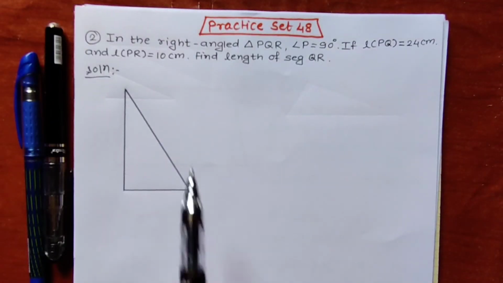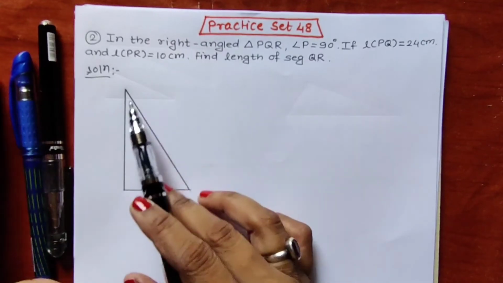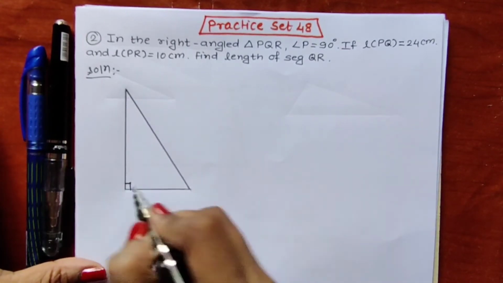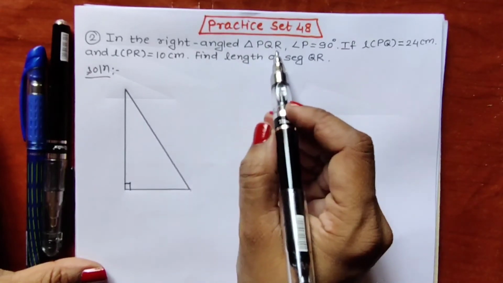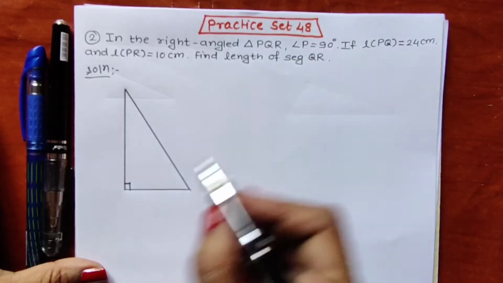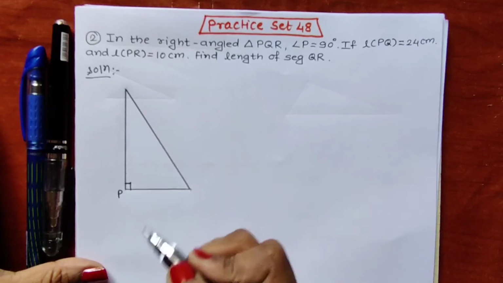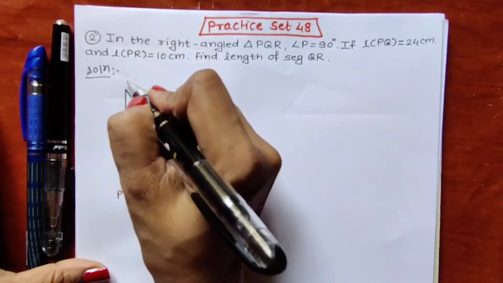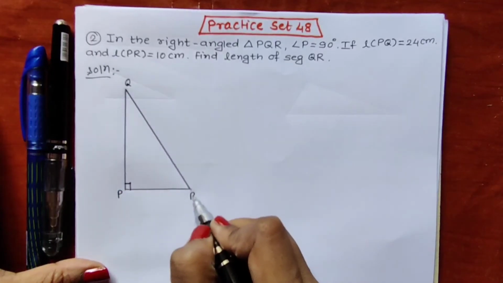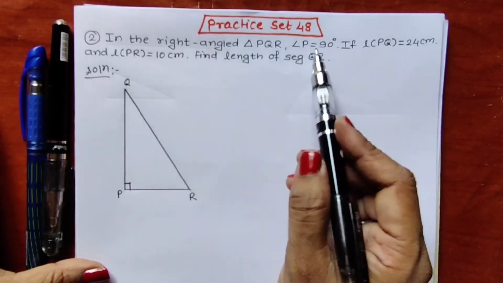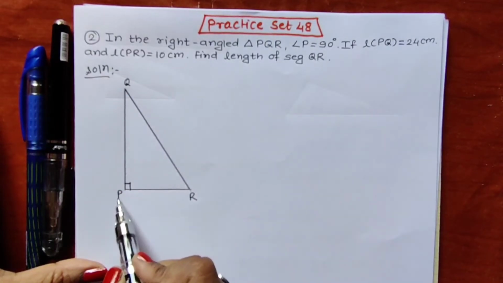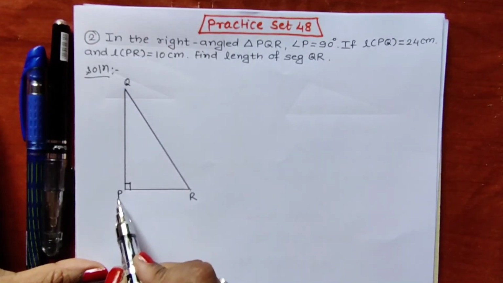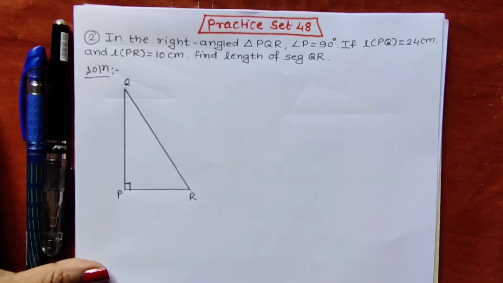So as you all can see, I have already drawn a right angle triangle here. I can put a symbol of right angle here. Now in a right angle triangle PQR, angle P is 90 degree. This P is 90 degree. Okay. So we can write remaining 2 points as Q and R. So whichever angle is 90 degree, we have to write that point at 90 degree. So as P is given 90 degree, I have put this point P at 90 degree.